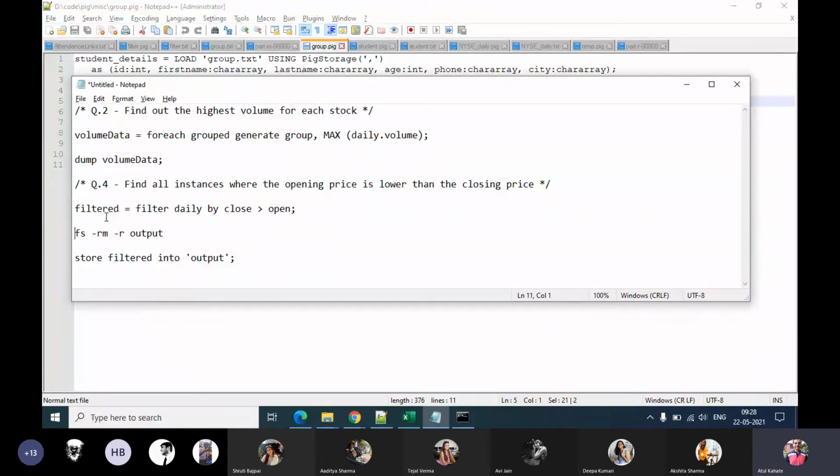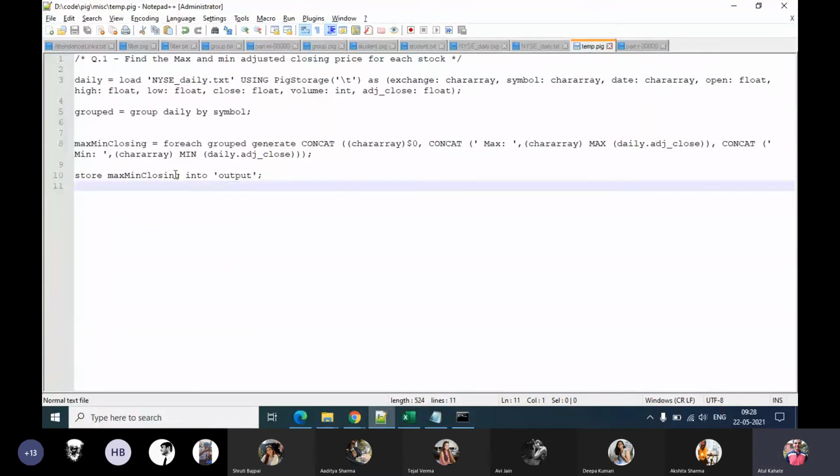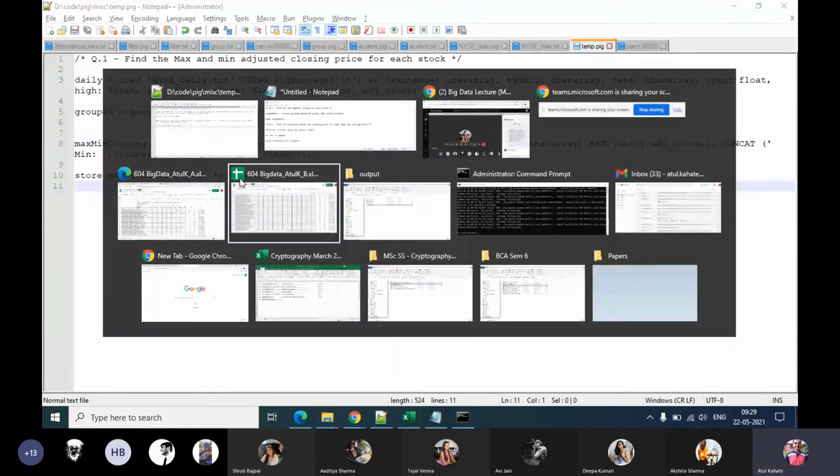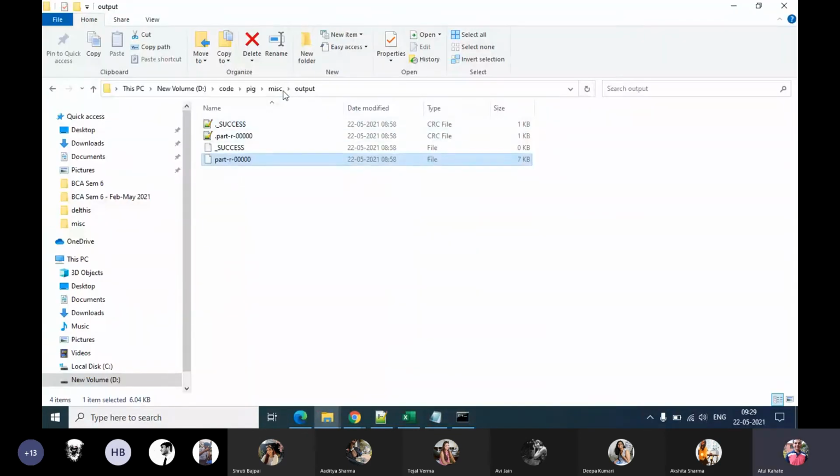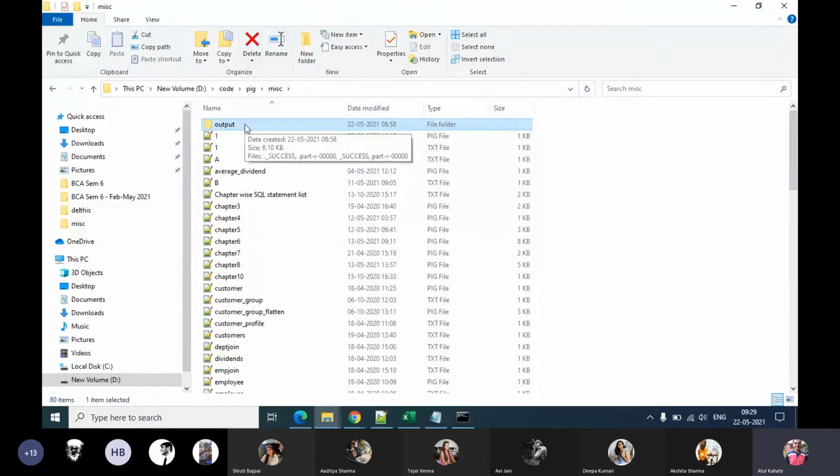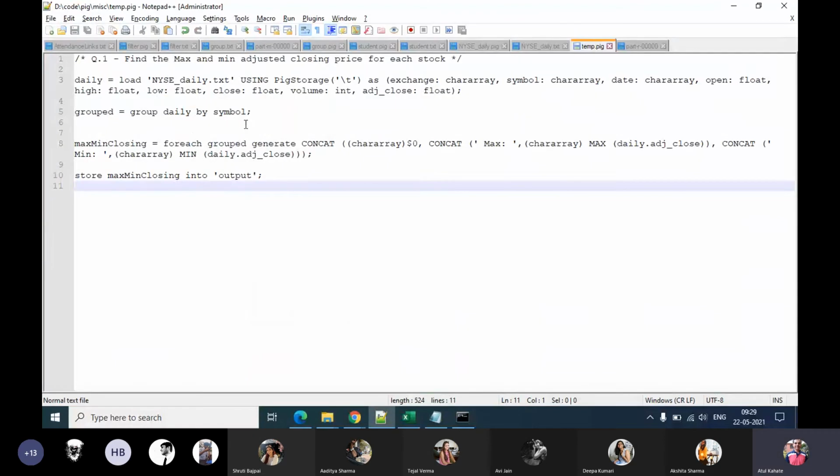Okay, so I'll use this temp.pig, where we already have this file created, which means I should have this output directory, which I do have. I'll once again try running this same temp.pig script